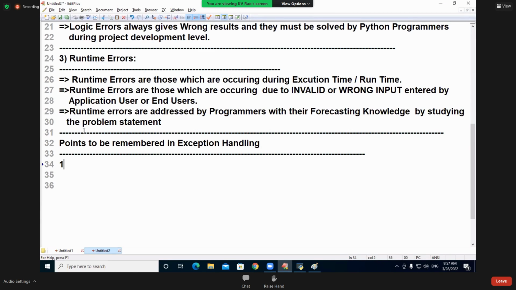Now I am going to write a lot of points, students. This is the programming which I am entering. Before entering into the programming, I am going to make these points very clear for you so that you can understand. Minimum I will write 8 points. Later I will prepare some more points. Let us write one by one. When will the runtime errors come? When the end user enters which input? Invalid input. This wording is very important.